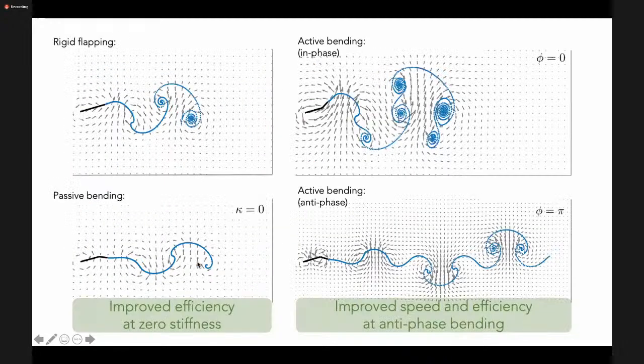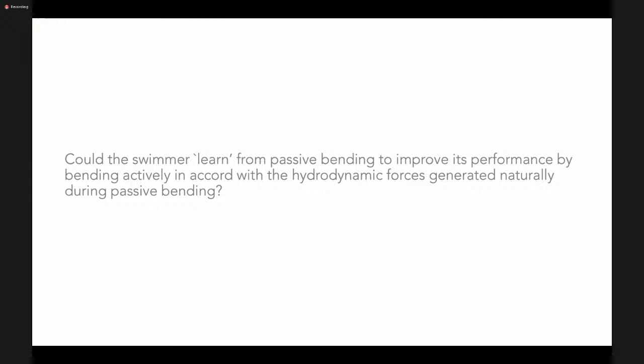So now we get to this point where we understand that if we have passive bending at zero stiffness, we can get improved efficiency. If we have active bending at antiphase, we get improved speed and efficiency. And what we also noticed is that the passive bending at zero stiffness happens at antiphase. It's an emergent property that it bends antiphase. Here we are prescribing, we're actively causing it to bend antiphase. So we were wondering whether there is a relationship between these two, and specifically whether the swimmer could have learned from passive bending to improve its performance by bending actively in accord with the hydrodynamic forces that are generated naturally